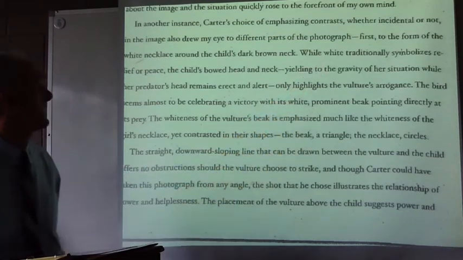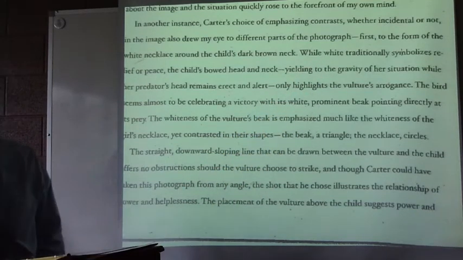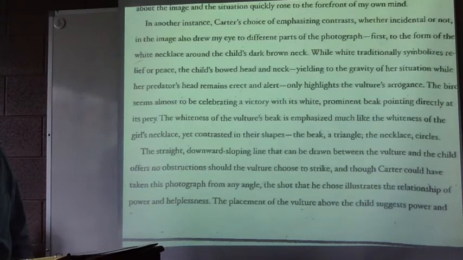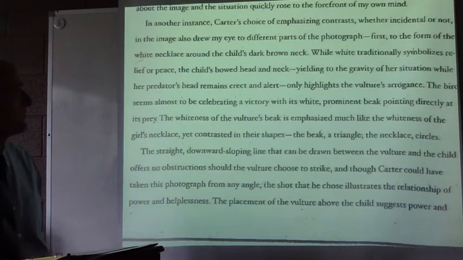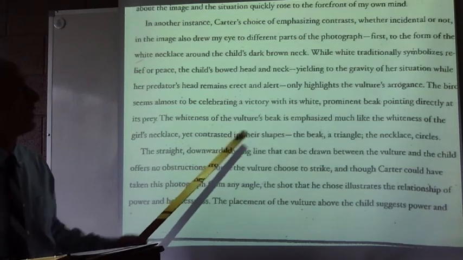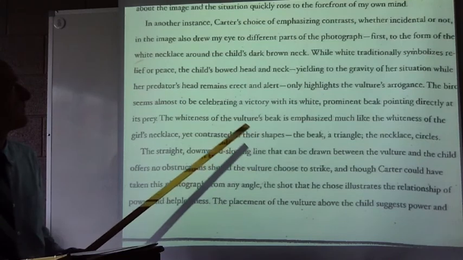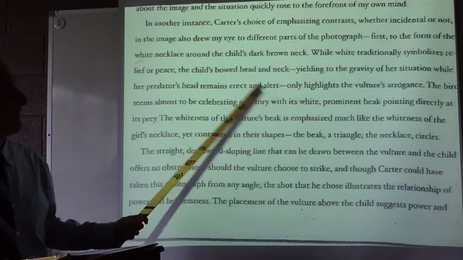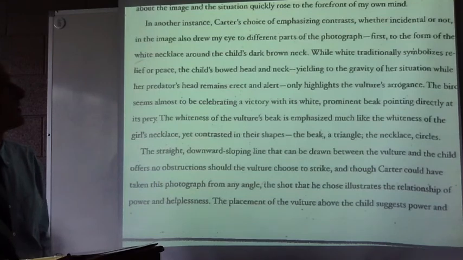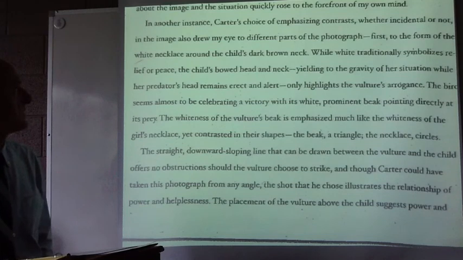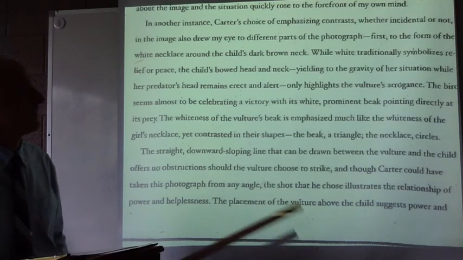"While white traditionally symbolizes relief or peace, the child's bowed head and neck, yielding to the gravity of her situation while her predator's head remains erect and alert, only highlights the vulture's arrogance." So we have color, and we also have shape, right? So more like horizontal versus vertical right there is what he's talking about. So it's a little bit like line too. "The bird seems almost to be celebrating a victory with its white prominent beak pointing directly"